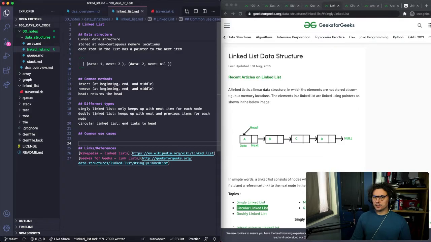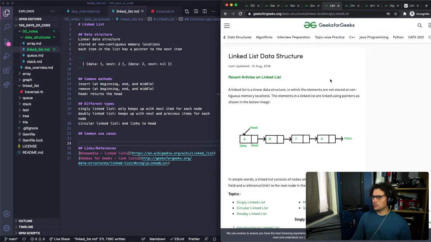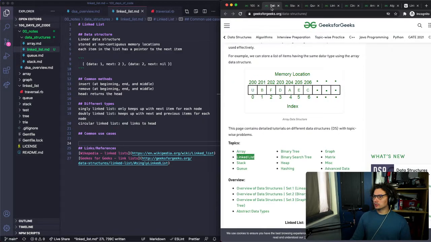Yeah, array, queue, and stack are all fairly straightforward to me, and it seems like linked list starts the, for lack of a better term, complex data structures. That's the way I think of it.